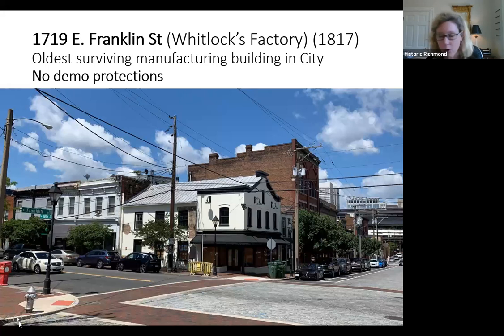This is the oldest surviving manufacturing building in the city, Whitlock's factory at the corner of 18th and Franklin. This is not in a city old and historic district. There are no demo protections for this, actually for the entire block. And we would really like to see a small expansion of the city old and historic district to include this block. It's really beautiful streetscapes, significant